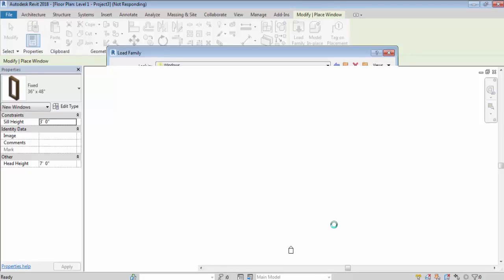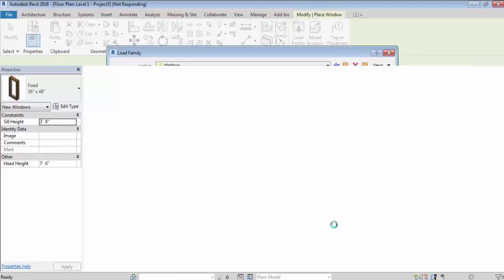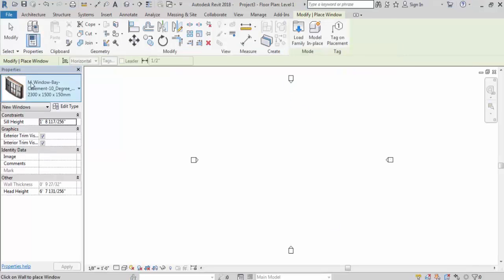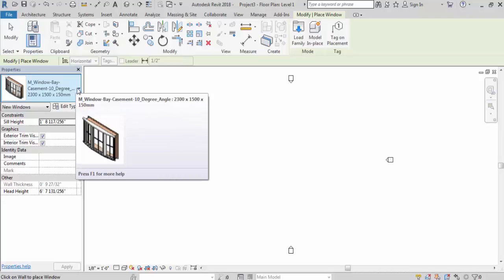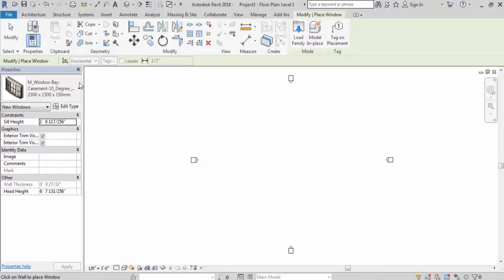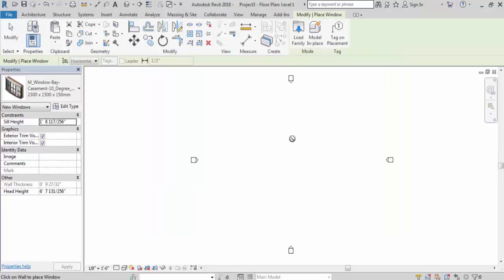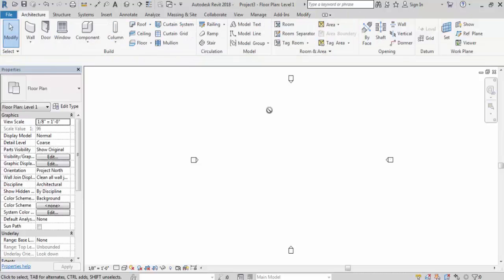If we do a permanent family setting here, then we need not go through this lengthy process. See, this window is available here. If I click on Load Family, again I need to go through the same process. So let's see how to do permanent family setting in Revit, so that when we click on Load Family, we can directly go to the library.